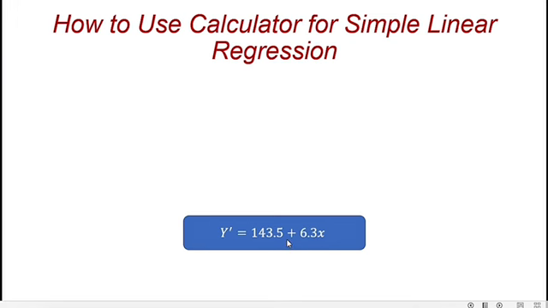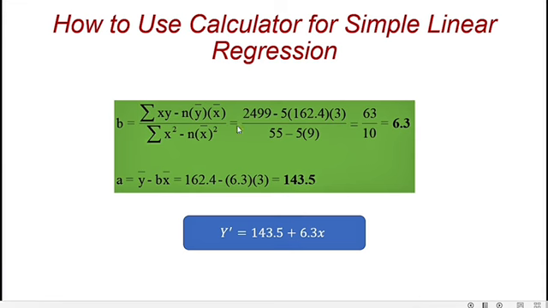But how did we get this? We have a formula for A and a formula for B. For B, the formula is sigma xy minus n times mean of y times mean of x, all over sigma x squared minus n times mean of x squared. When we put in our values, we get B as 6.3. And A is y bar minus b times x bar, which when we solve gives